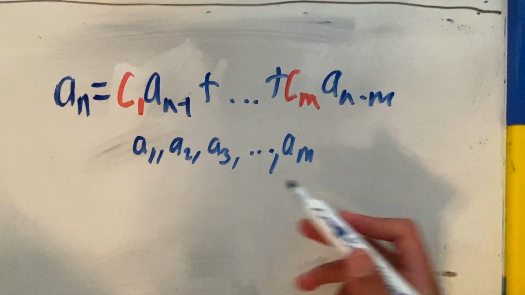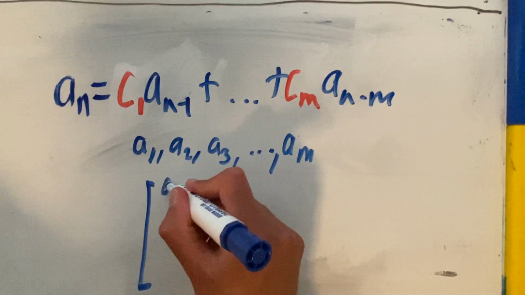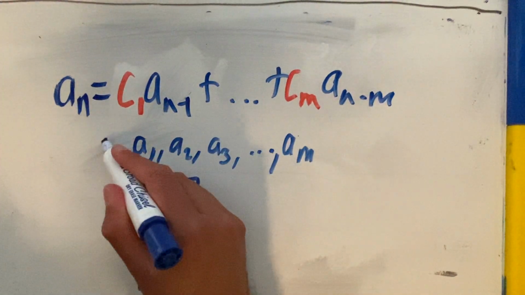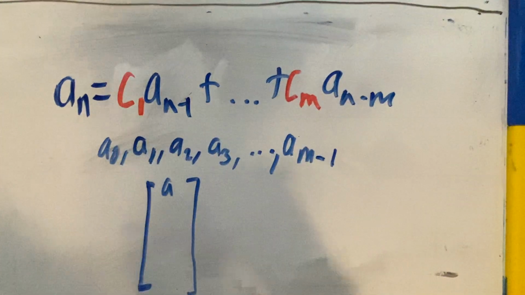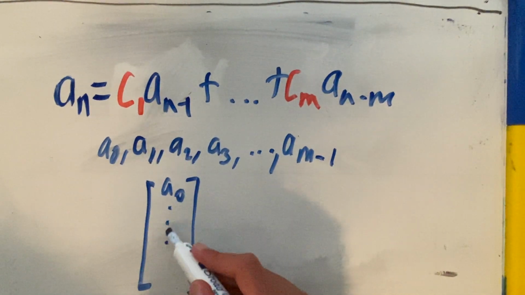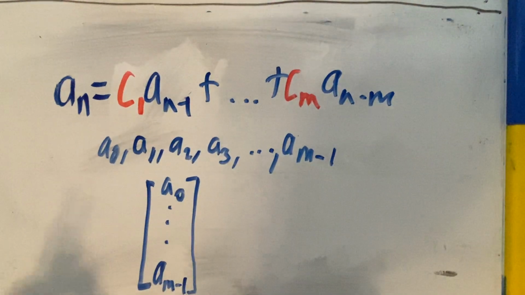So what vector can have m terms? It would just be a vector that looks like this. I'd probably start at a sub 0 and go up to a sub m minus 1. That's m terms, and we can have a sub 0, and then a sub 1, a sub 2, going down to a sub m minus 1. So that encodes